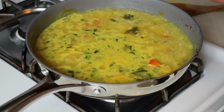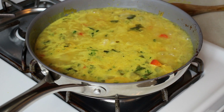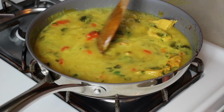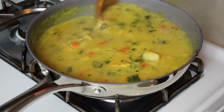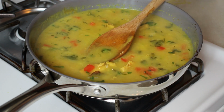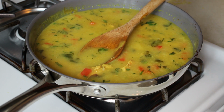And then I want to pour this cornstarch slurry right into the center of the pan where all that heat is. And then we're just going to see if this tightens it up at all. It should, but I don't think it's going to be enough. Yeah, it's going to tighten it, but it's not going to be quite enough. So I am going to do another heaping tablespoon